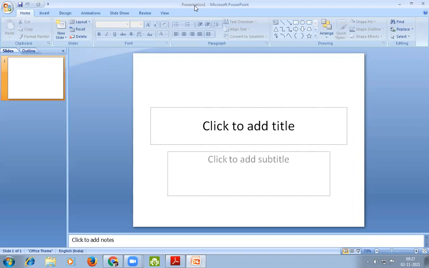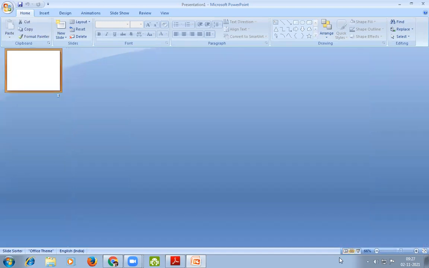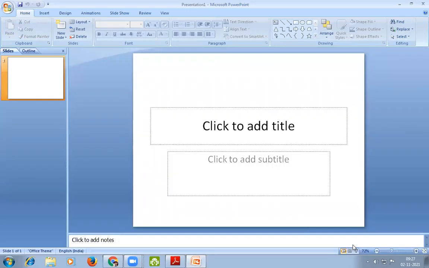This one is the title bar. Next, the ribbon. These are the ribbons. Slide view pane. This one is the slide view pane. View bar. By clicking on the view bar, we can change the looks of the document, how to see the document.